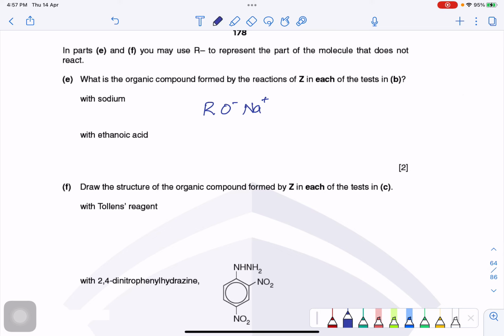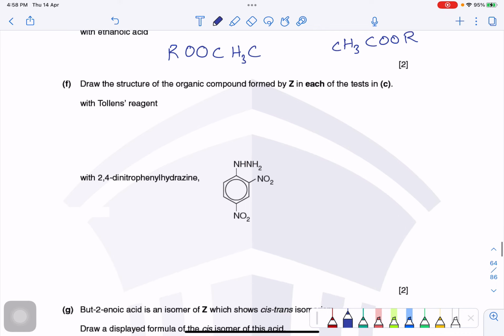विद एथेनोइक एसिड के साथ हमारा यही अल्कोहल वाला पार्ट मूव करेगा। सो ROOCH3C, ठीक है, दैट्स द वन वी आर गोइंग टू गेट विद अल्कोहल। ओके, और यू कैन आल्सो रिवर्स इट, यू कैन से CH3COOR, दैट्स व्हाट वी आर गेटिंग। ठीक है, उसने हमसे फॉर्मूला कोई भी लिख सकता है।